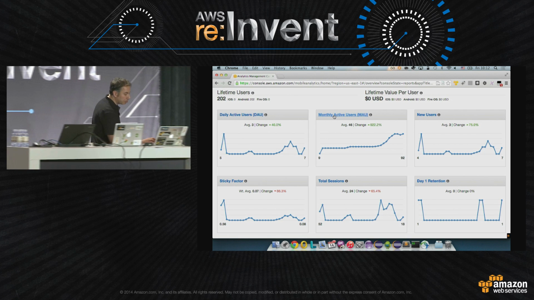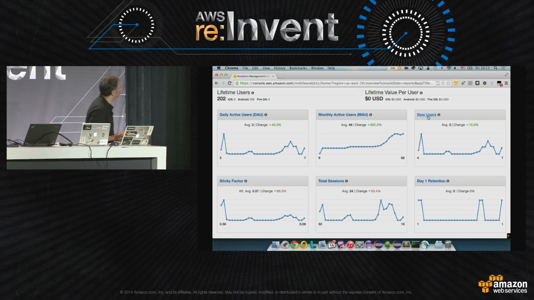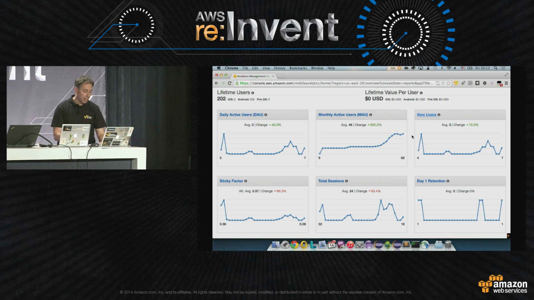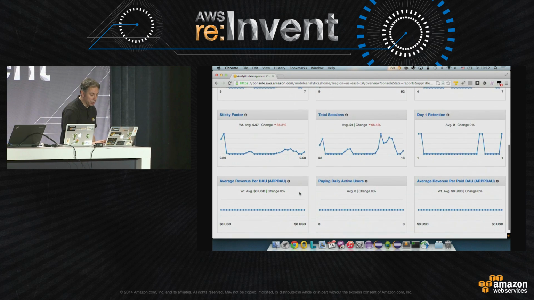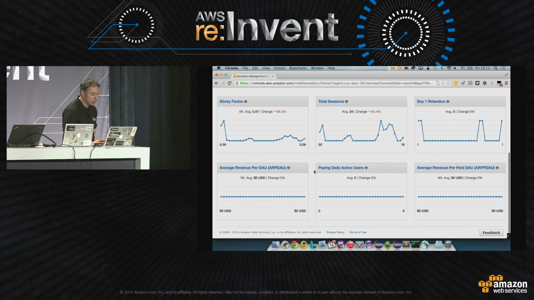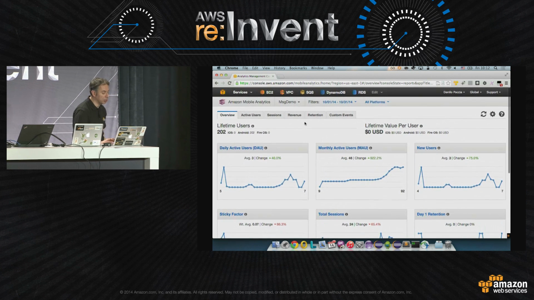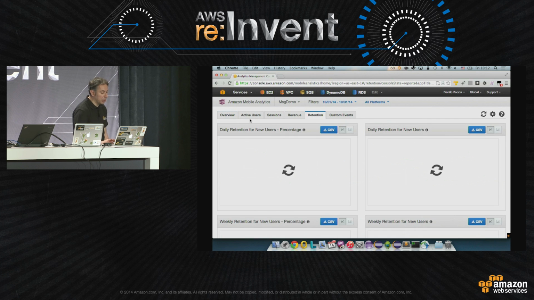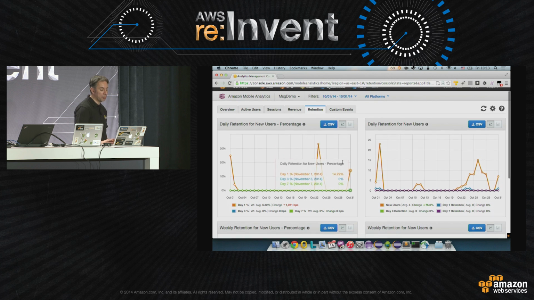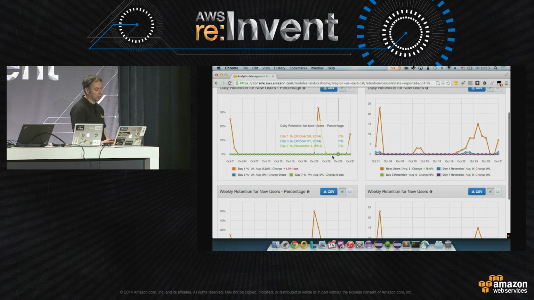And then you also have the new users. So the new users that every day start to use your application. And you have the retention. The retention, we also have a specific panel. And here we also have a summary of the revenue if you use the monetization events that we saw previously. Let's go to the retention. There is other information, you see there are different panels, but one of the most important is the retention panel that tells you how many users that are using your application now also used your application 1 day ago, 3 days ago,